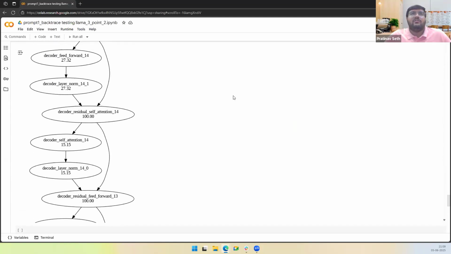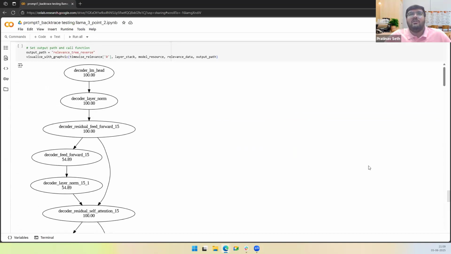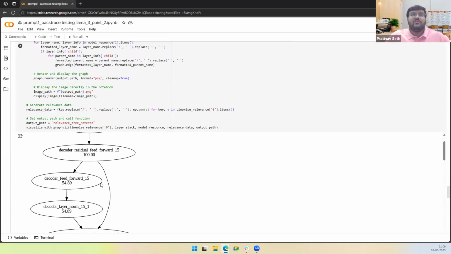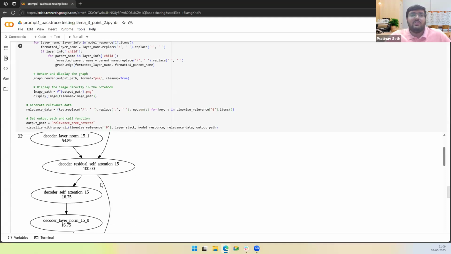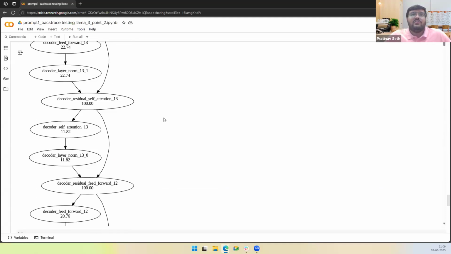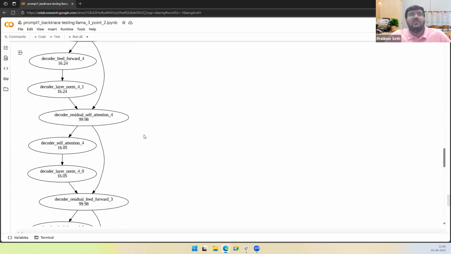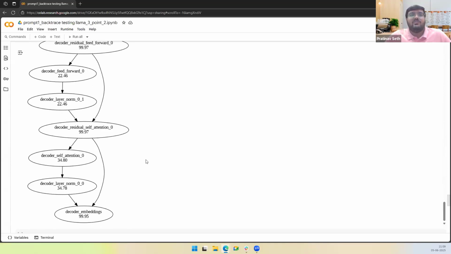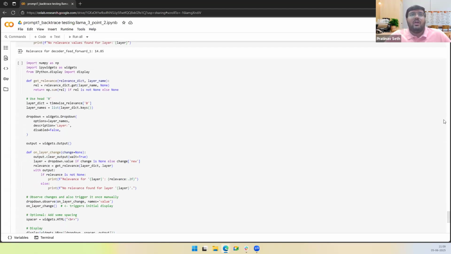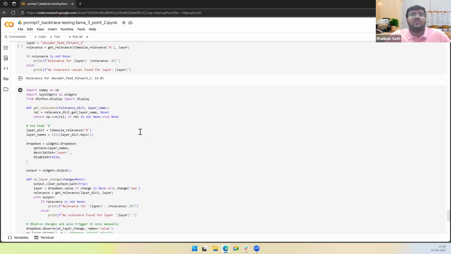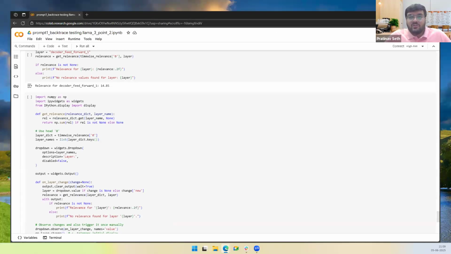So you can understand if your attention layer in the Llama is important, if certain feed forward layers are important, and based on that, you can see it for yourself, and you can prune the model, you can optimize the model, and you have transparency of which layer is actually important. And with this, you can also see which layer is certainly important for the model. So that is one thing.